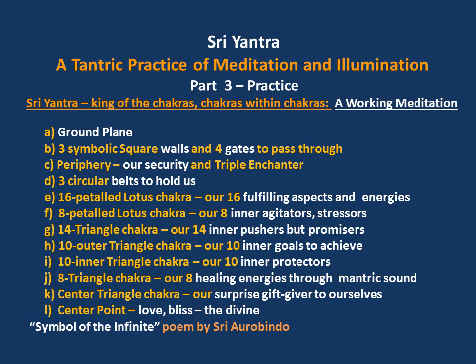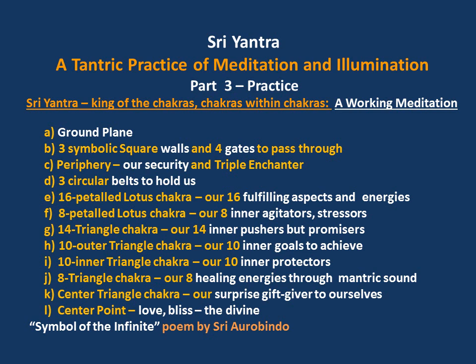Part 3, the third DVD, will deal with a working meditation practice, basically. We'll start, in this case, from the ground plane, the outer part, go through symbolic walls and gates. The periphery is our security in a way. Circular belts, 3 of them to hold us, and then the lotuses, 16 fulfilling aspects and energies, 8 inner agitators